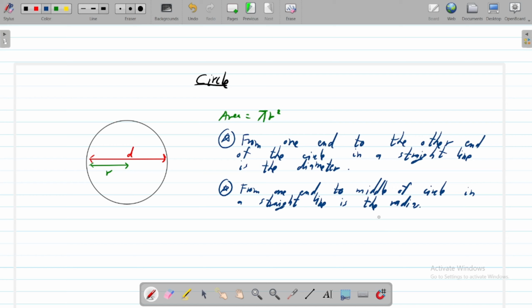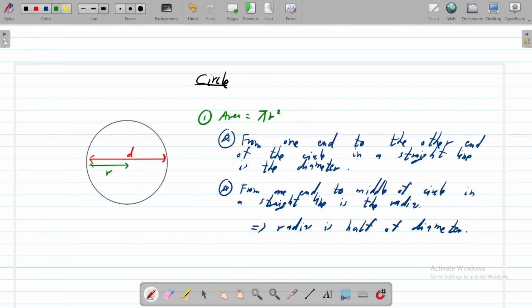Okay, and one more thing, radius is half of diameter. Now that's that. Now we know the area, that is